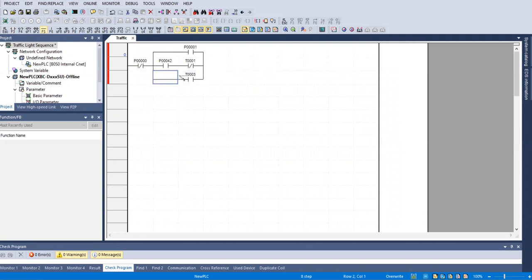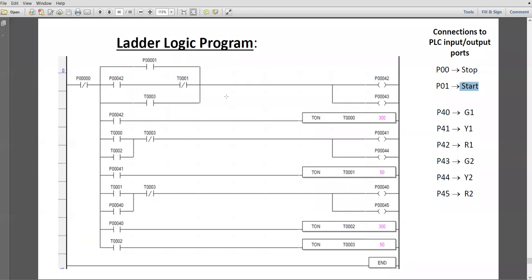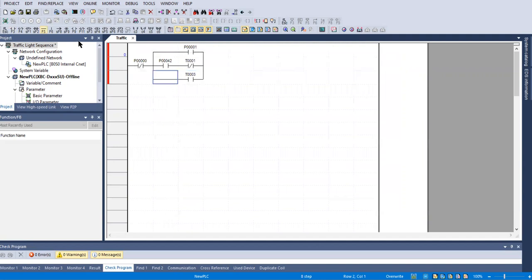So this is the input side of the first line of the instruction, where three branches are connected in parallel, and on the output side we have to connect two output coils in parallel with address P42 and P43. So the output coil is basically here, the coil symbol that we have. The shortcut is F9. You can also use the shortcut to insert or go to the coil mode. So when I select the coil mode, then I can bring my cursor on the right hand side of this diagram and place an output coil